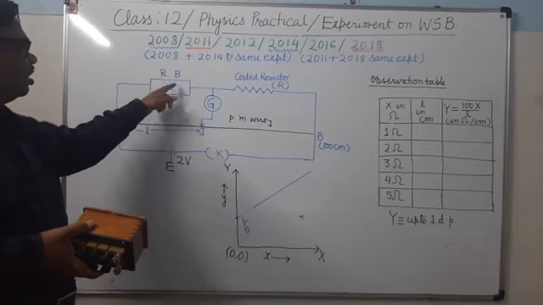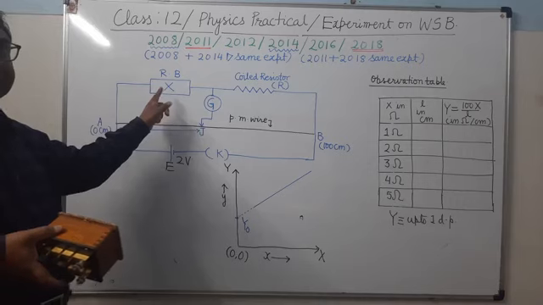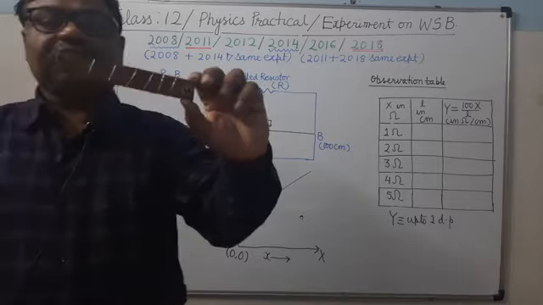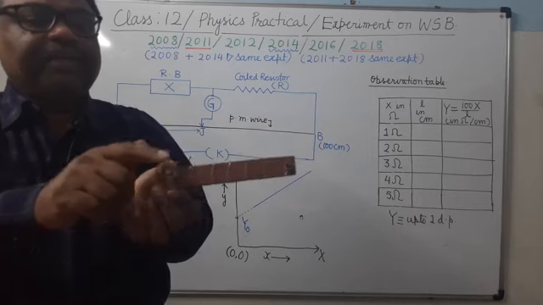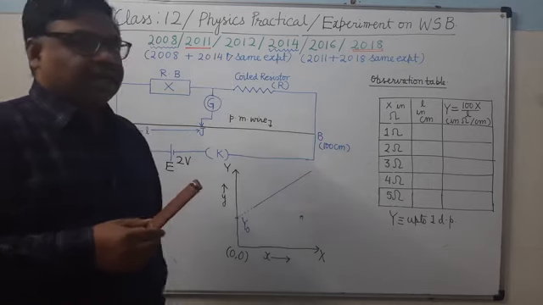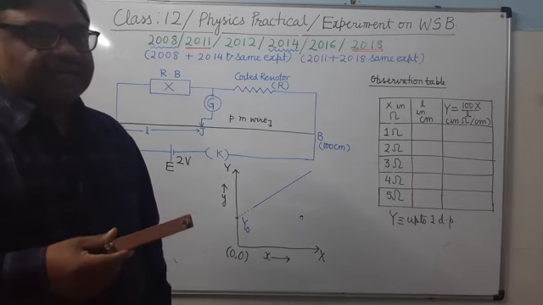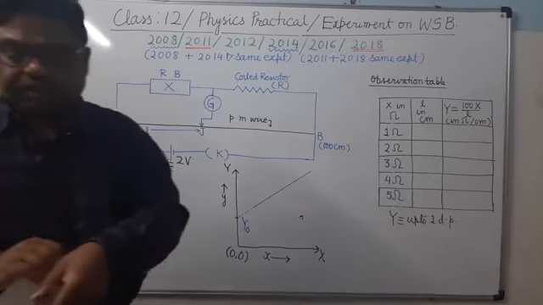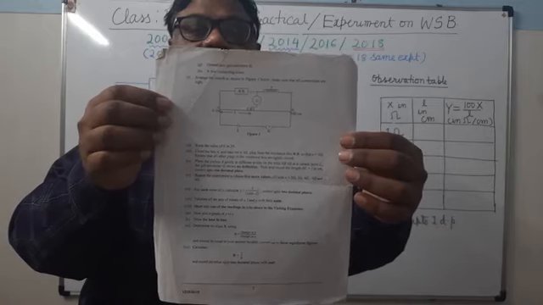So in this way you can introduce resistance in the resistance box. So this here is RB, the resistance box, whose value we denote by X. It's clear? Then this is a coiled resistor. Here these are the binding terminals of the coiled resistor, which we have represented here by capital R. In some experiments, this coiled resistor has been represented by small r. It's clear? For example, in this 2018 experiment, it has been represented by small r. It's clear?